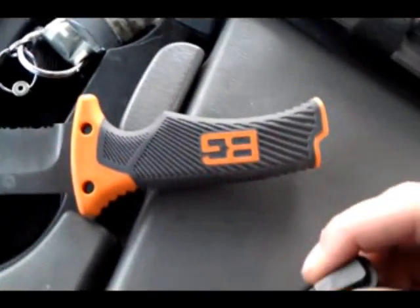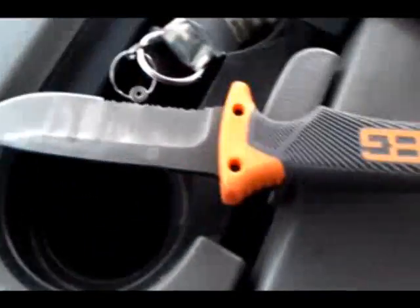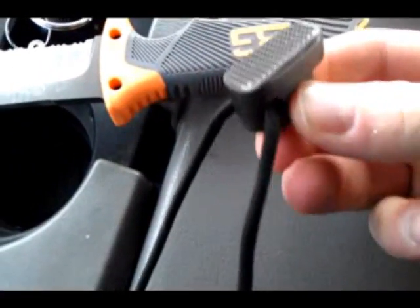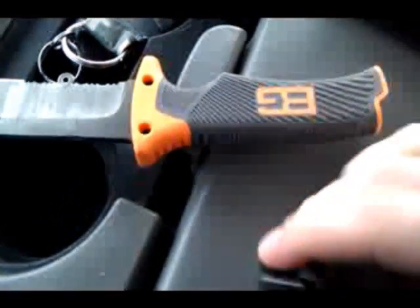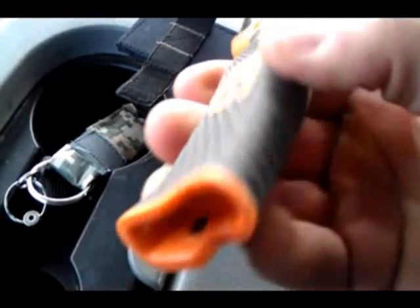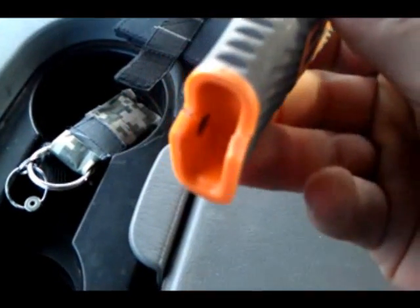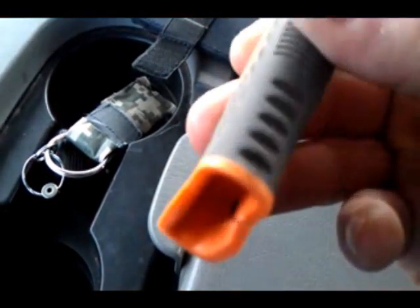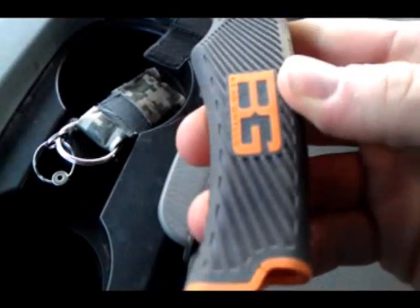I mean, it's a full tang inside the handle. It ends short, and then this pommel's placed in there. Was banging a tent peg and it cracked the handle right there. You can kind of see the cracks where it popped out, and it just has a pin in there